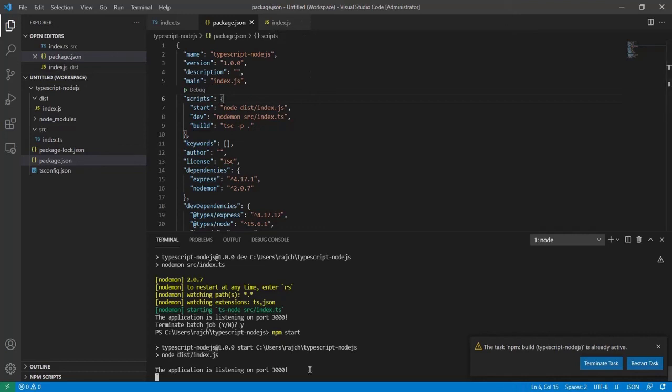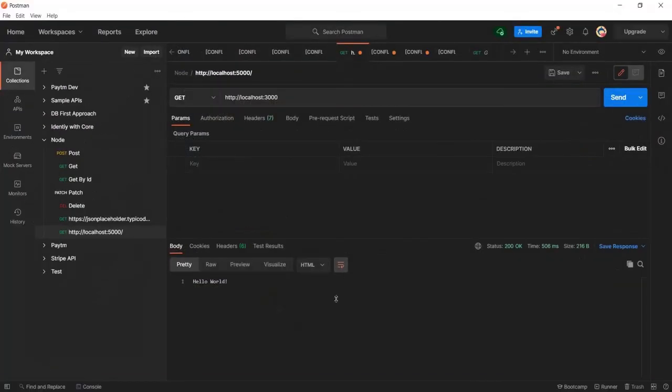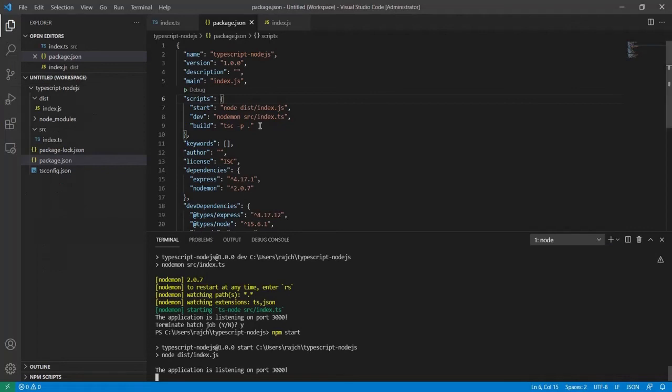Now you can see the JS file is running, and it is also listening at port number 3000. So I will go ahead and call the API again, and you can see again I got the hello world response. We got the same response from the JS file as well as from the TS file.